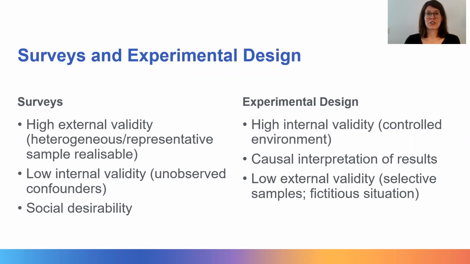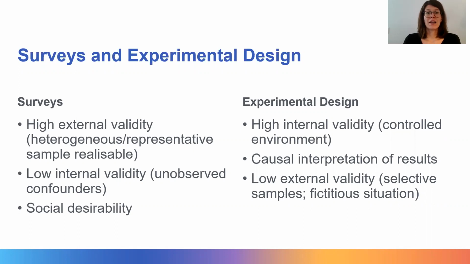Many large-scale social surveys are applied in representative population samples, which allows to generalize the results to the whole population. Therefore, the results from representative surveys exhibit relatively high external validity. However, some confounders of the variables of interest might not be observed, which limits the possibility to establish causal relationships between variables. Lastly, respondents might give socially desirable answers if asked about sensitive topics, for example, the number of sexual